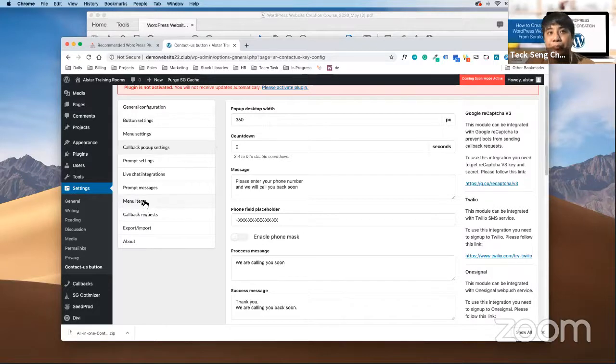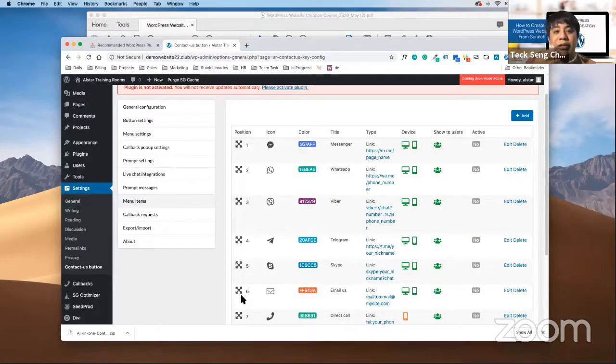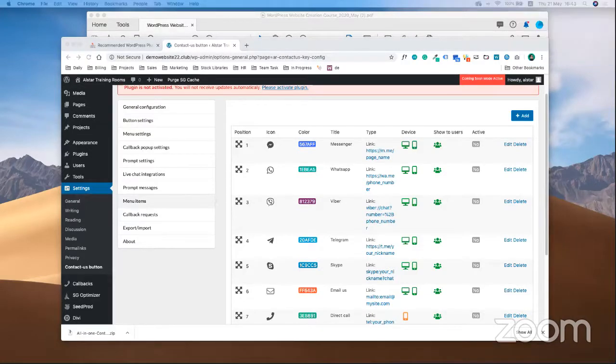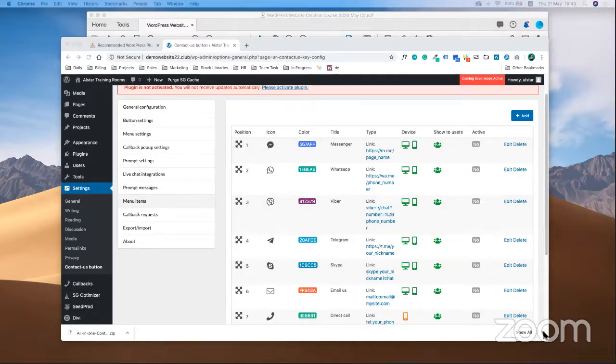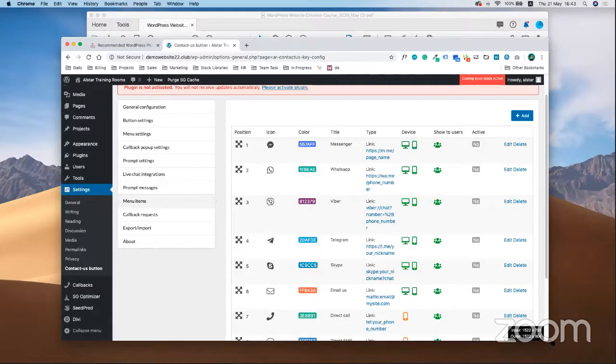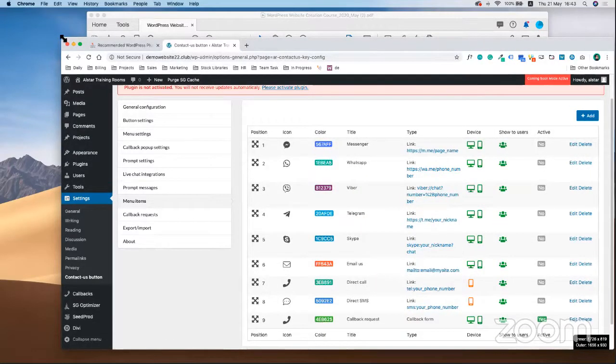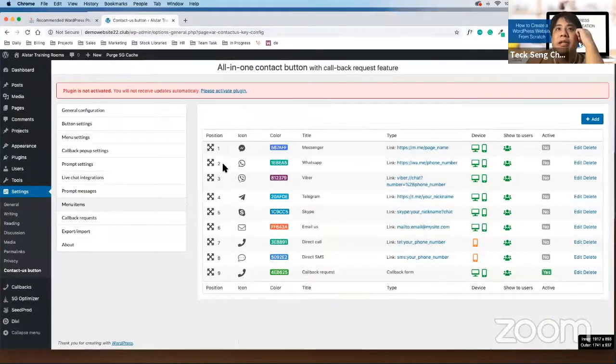Jenny, when you're ready, just click on menu items. After this screen, I just save, right? And then go to menu items, at the left. Okay. So once you're at menu items, all of you should be able to see WhatsApp on the second row.